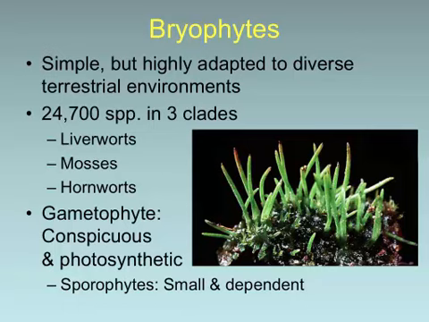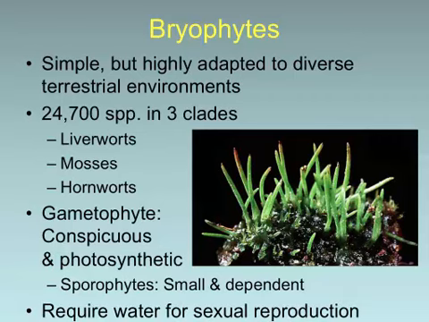In this hornwort, these little spikes up here, or horns as they're sometimes called, are the sporophytes. Hornworts actually do have a photosynthetic sporophyte, whereas the mosses and really the liverworts don't. Their sporophytes are more or less non-photosynthetic, but the hornworts have a photosynthetic sporophyte. The gametophyte is the darker green part growing down around here. This part is photosynthetic, and it's around all the time. The bulk of the support for this plant's life is happening down here in the gametophyte. So the haploid generation is definitely the dominant one once you start looking at bryophytes.